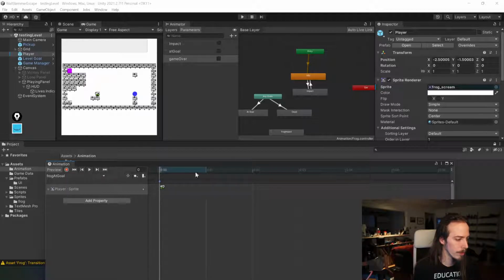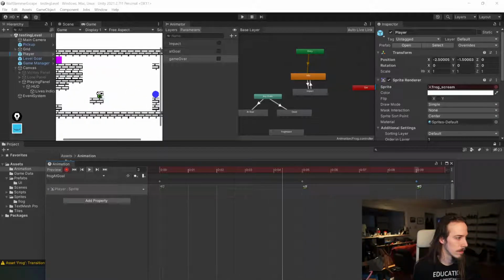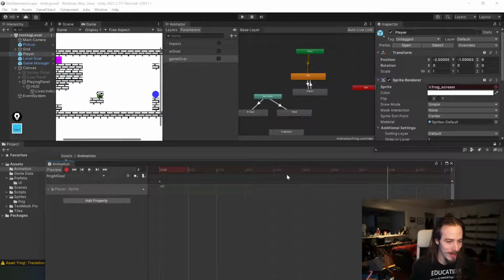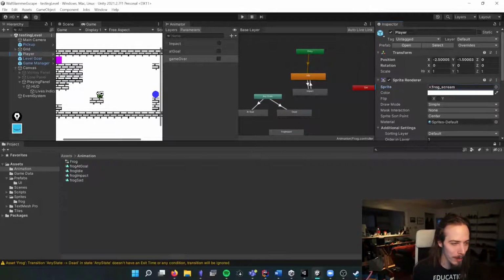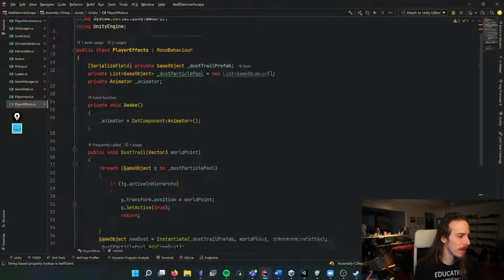Or we could have it like blinking wildly. That looks bad. I mean, everything looks bad. Kind of the point is to look bad, but that's not really the point. Okay, and then